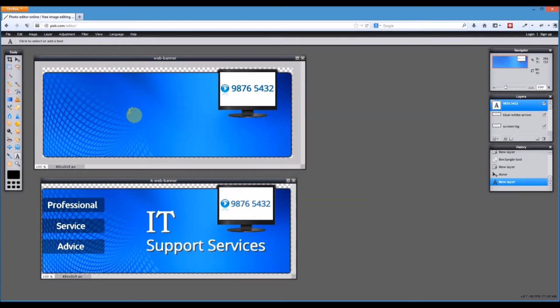Okay, so we've done the screen and the phone number. Now let's add these breakout boxes on the left. You'll notice on the original that they've got some rounded corners only on the one side, and then it stops right at the edge of that mask that we created earlier. So what we need to do is draw a rectangle. Actually, we'll create a new layer for that,